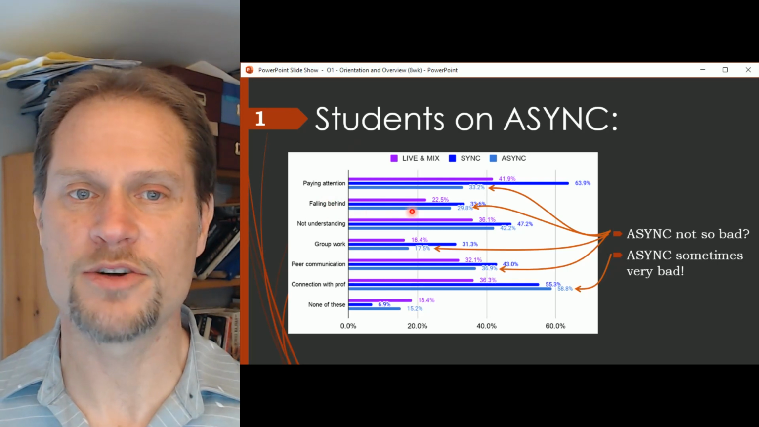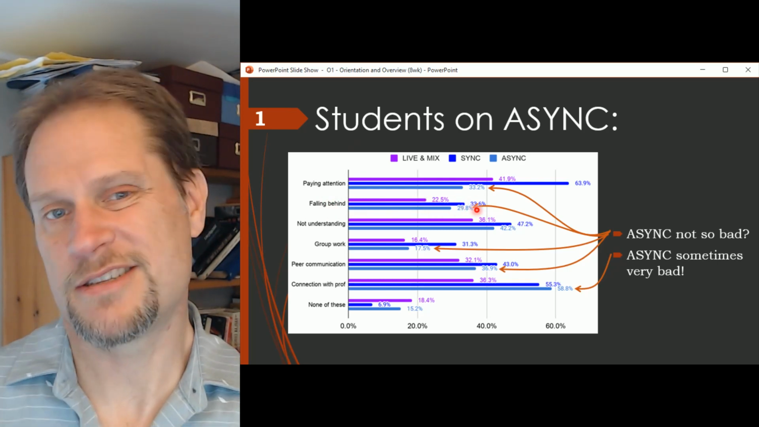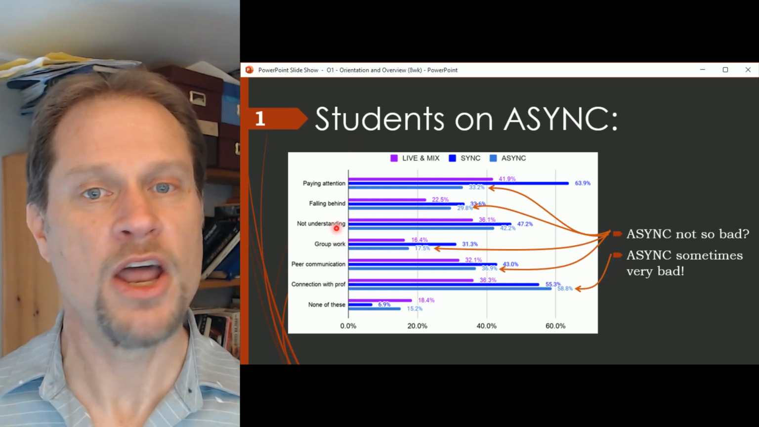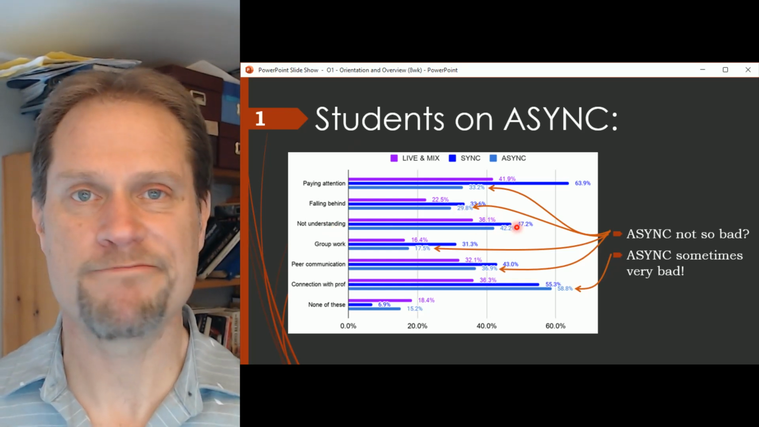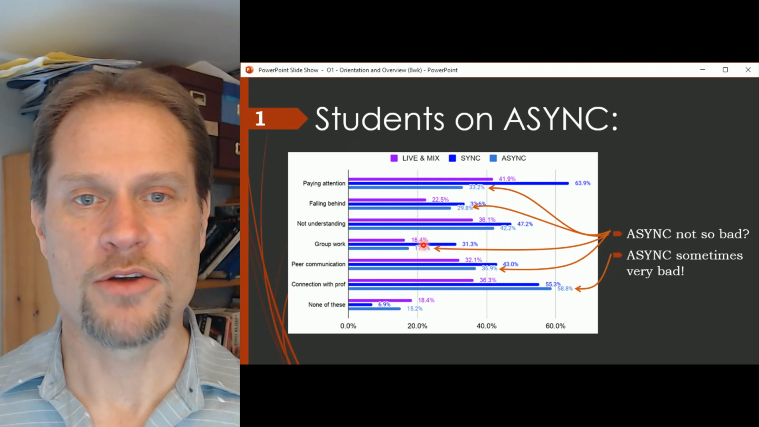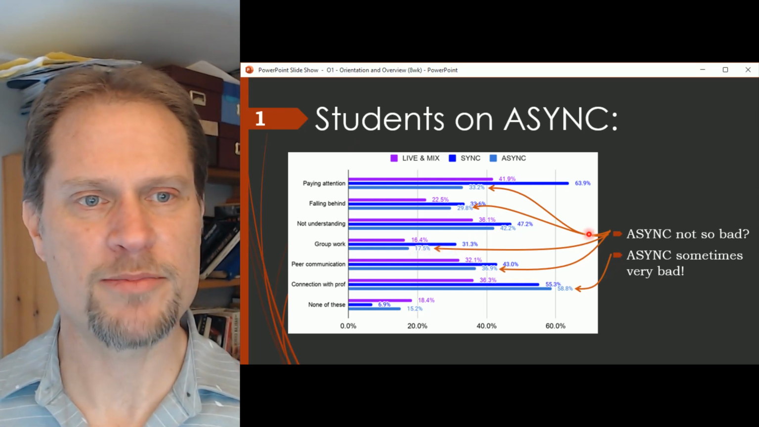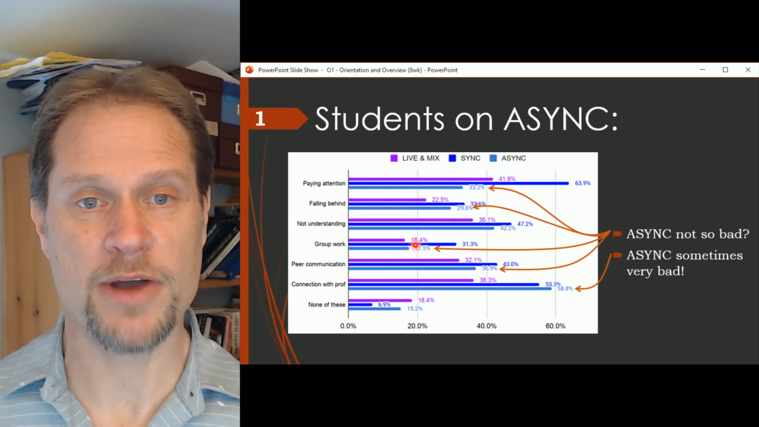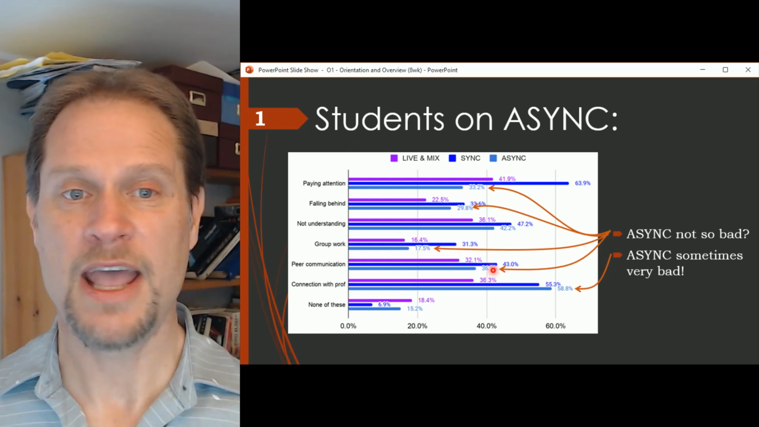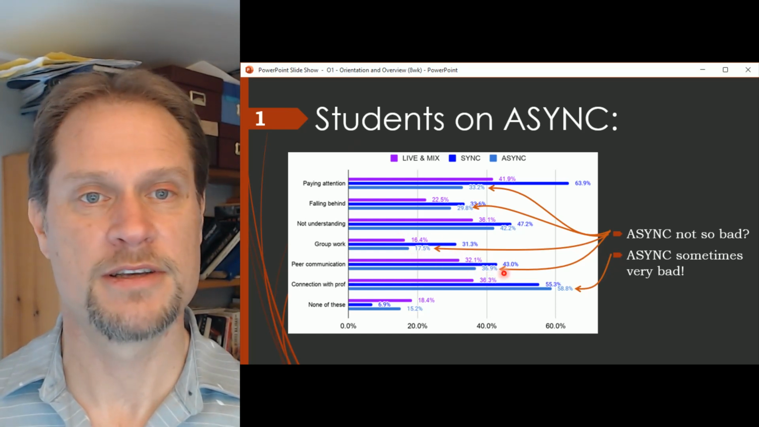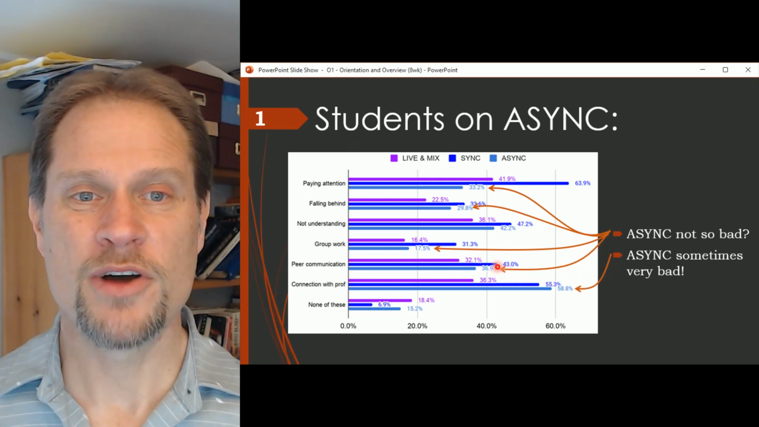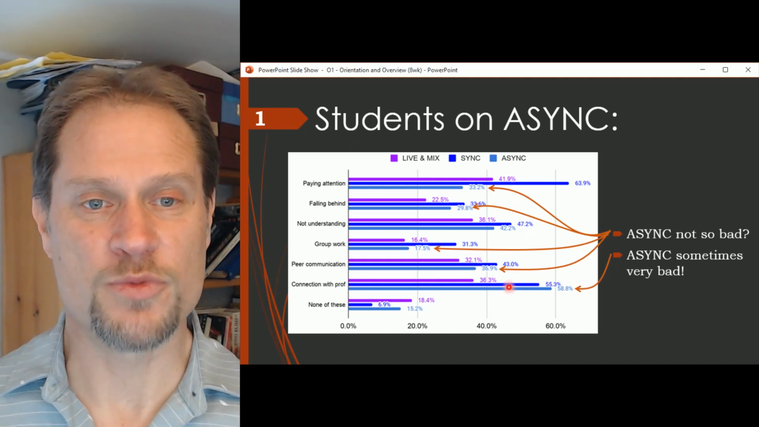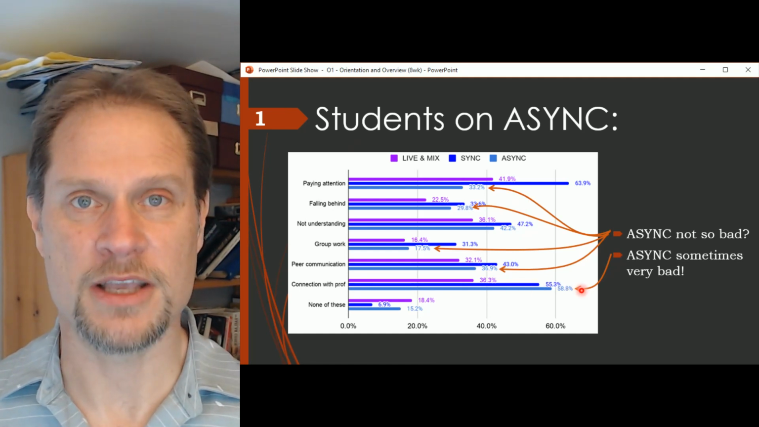Falling behind in your work, asynchronous is in the middle of the pack with the other ways of delivering the course. Not understanding the material, same, no big difference. Group work, I don't know how much group work happened during asynchronous, but it's similar, or at least on the low end here, so there wasn't any particular problem there. And communication with peers, same, right? So asynchronous seems like a good way to go, except there's one dimension where it seems significantly poorer,